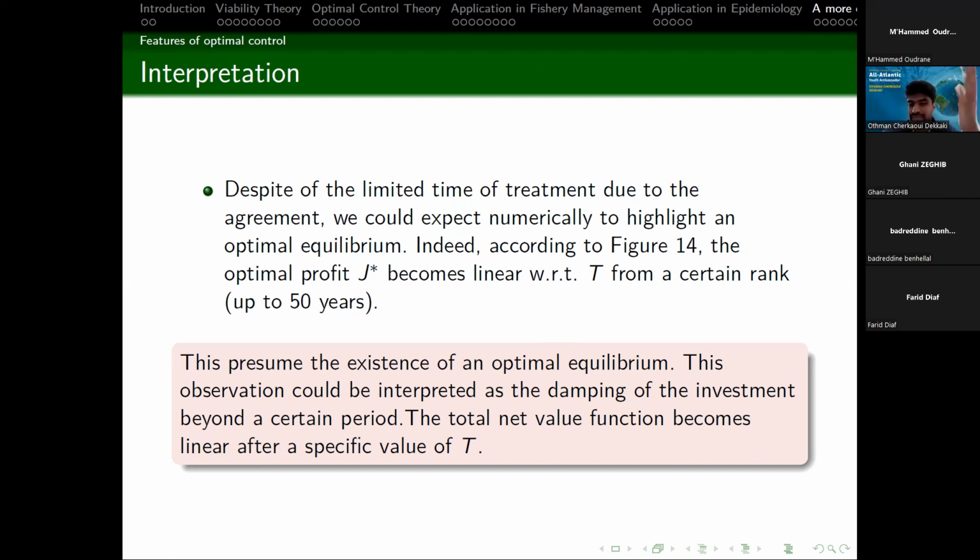So the optimal profit becomes linear when time goes above 50 years. So when a contract is above 50 years, it doesn't become interesting, because the control will just become working your whole time and nothing else. But the thing is, this presumes the existence of an optimal equilibrium. This observation can be interpreted as the damping on investment beyond a certain period, meaning that